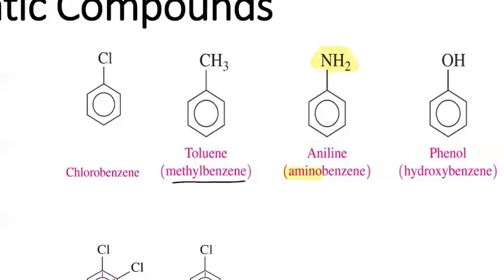Anyways, if you have an OH group attached to a benzene ring, an OH group is known as hydroxy, okay? And then when that hydroxy group is bonded to a benzene ring, again, we can call it hydroxybenzene. But overall, the common name of that is going to be phenol. Understand that these common names, we can also incorporate them into naming, as we're going to see in the next few examples, okay? Because these common names are going to become the parent chain, but it is important that you